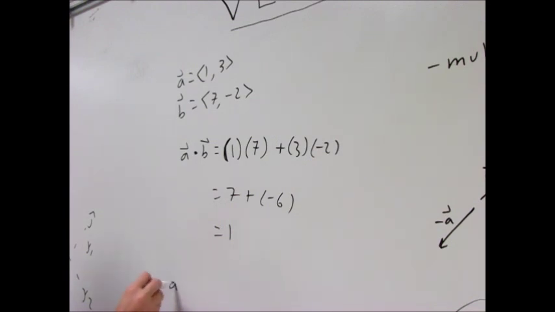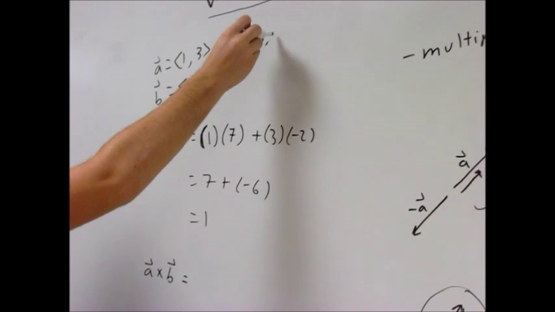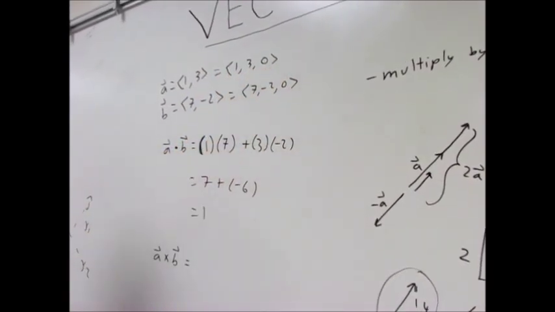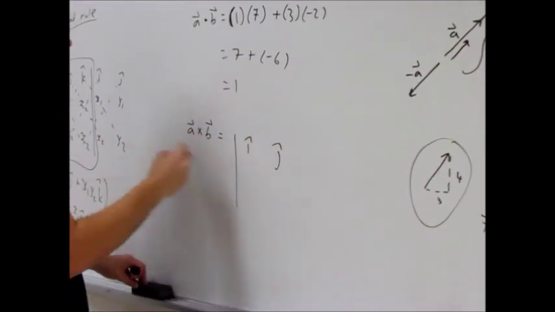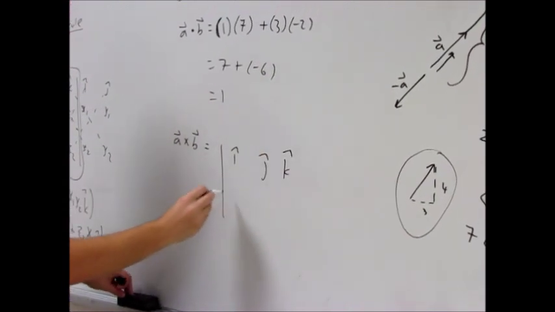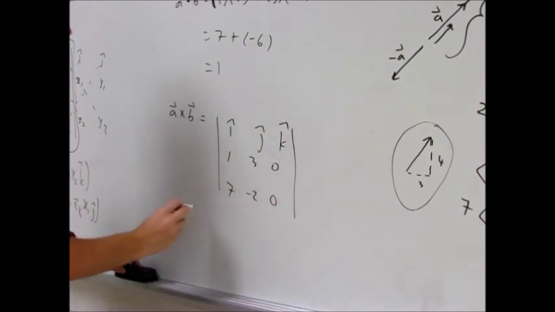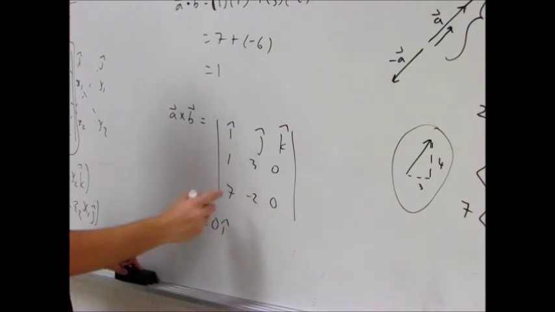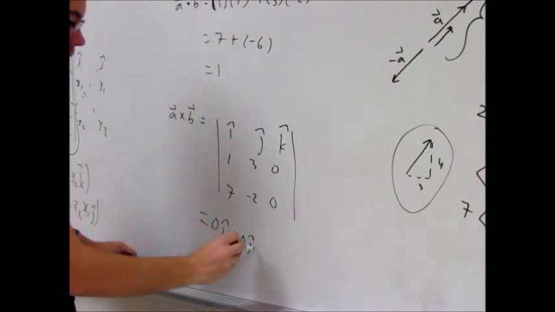But if you want to take a cross product, we have to rewrite these as 1, 3, 0, because we can only do this in 3 dimensions. So we use the formula from over there: i j k, 1, 3, 0, 7, negative 2, 0. And this would be 3 times 0 is 0, so 0i. 0 times 7 is 0, 0j. Then negative 2k